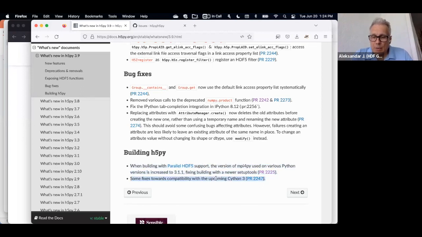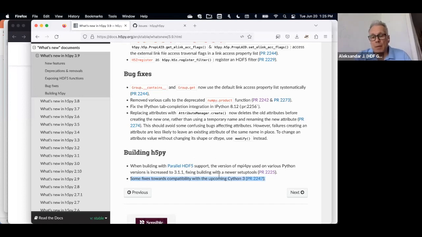Now, for the upcoming Cython 3, that's kind of internal stuff. Cython is the translator between Python and C code. Or let's say Cython has its own syntax that's a superset of Python, but its sole purpose is to facilitate translation of that code into C code. That's essentially how h5py interfaces with the HDF5 library, and it's used in many other projects. It's one of the main ways Python reaches out to other libraries in C or C++.